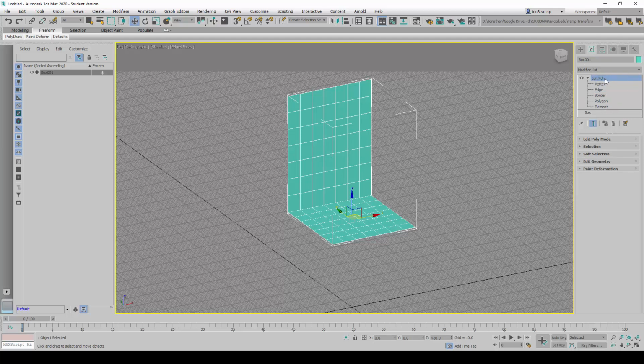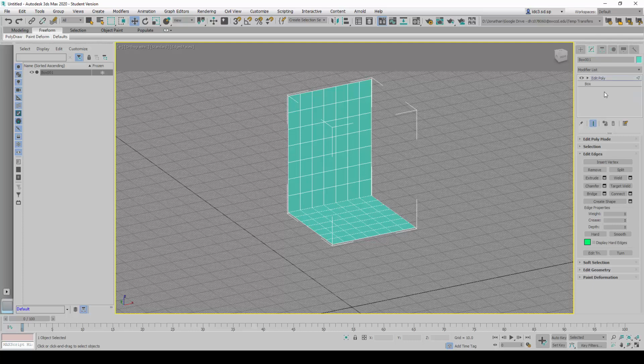For new users trying to use the Edit Poly command, many times they are very confused about this part here, and they will tend to just leave this one alone, and it causes problems later on. So it is always good practice that after we are done with the sub-selection modes, we want to be moving up to the top down here before issuing new command modifiers to it. Okay, so next what we're going to do is